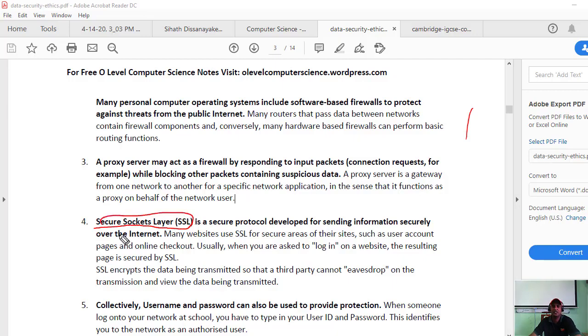Any idea about this SSL, Sihat? Can you speak up? Okay, tell me. Set of rules for what?